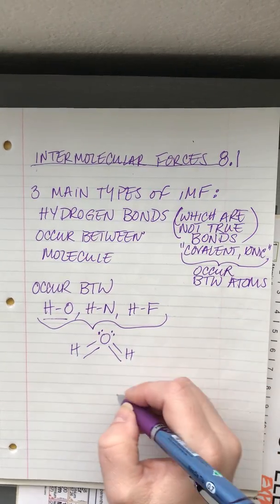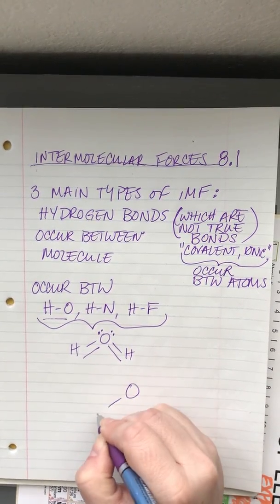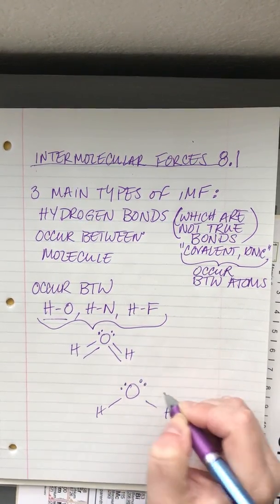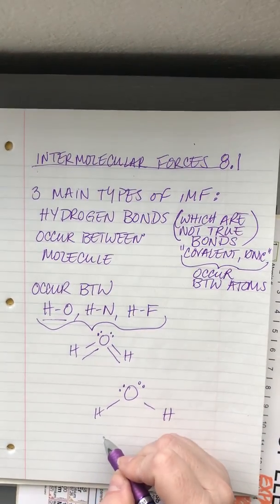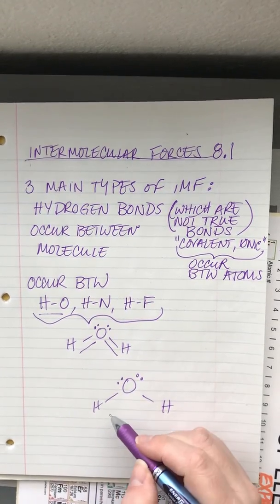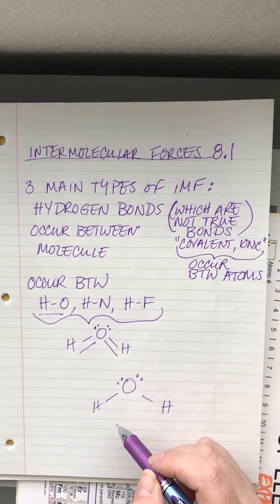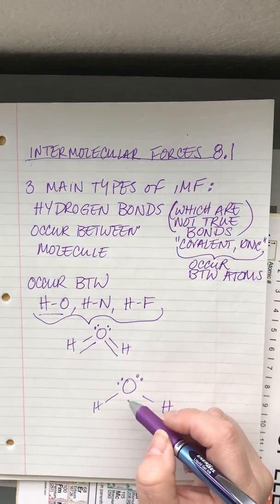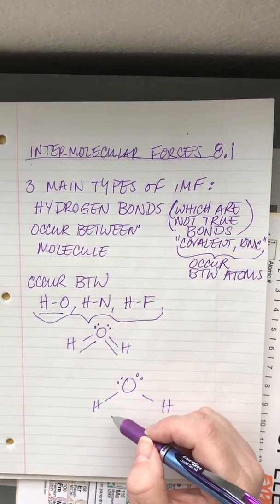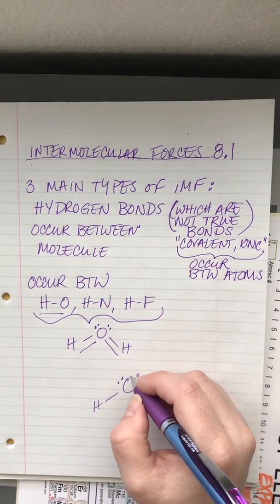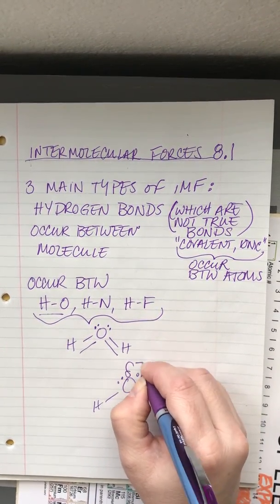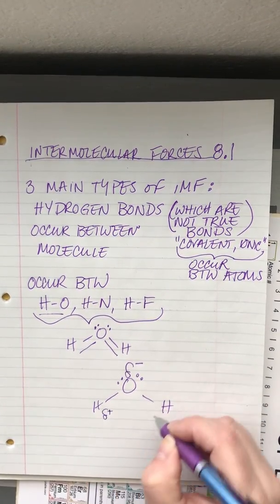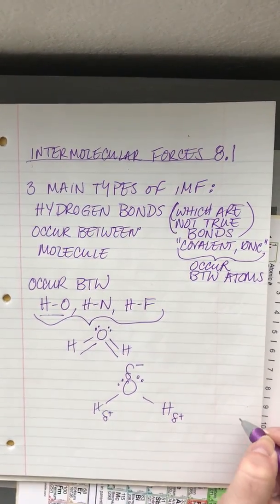And what we see with the water molecule, I'll draw it down here, is hydrogen's not very electronegative, meaning it doesn't want to hold on to its electrons too tightly. But oxygen is very electronegative, right? So it's trying to steal away hydrogen's electron. So what we end up with is a partial negative charge up here and two little partial positives down here,